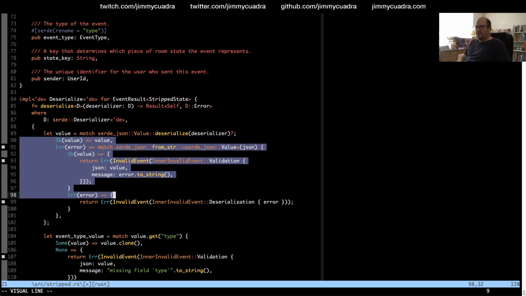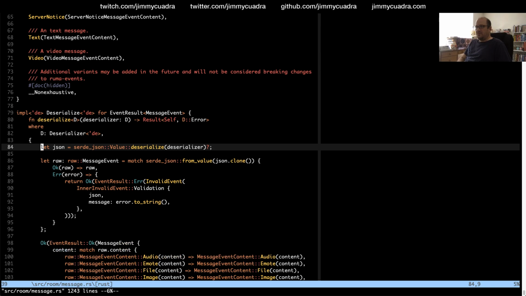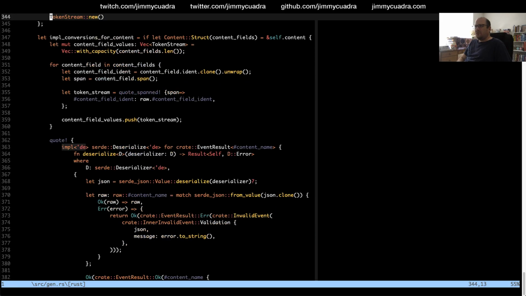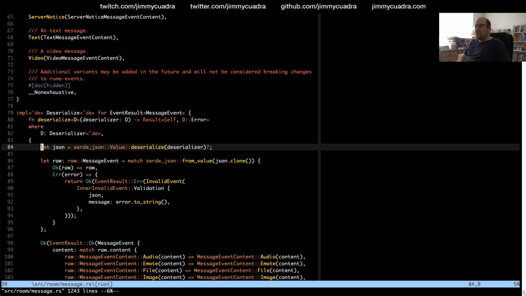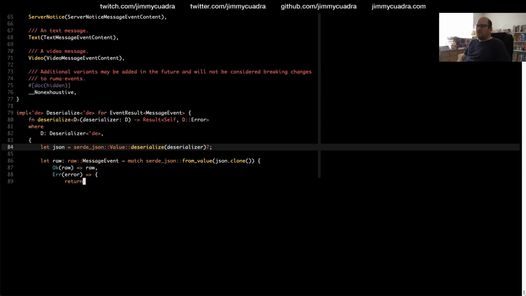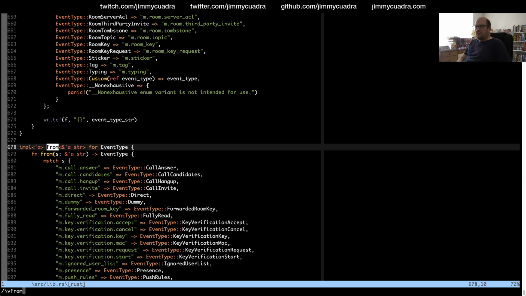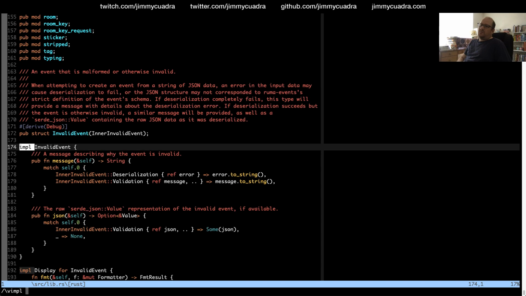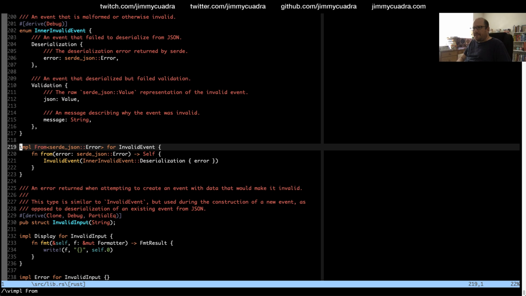And that does the right thing? That doesn't seem right. Impl from JSON error for invalid event.